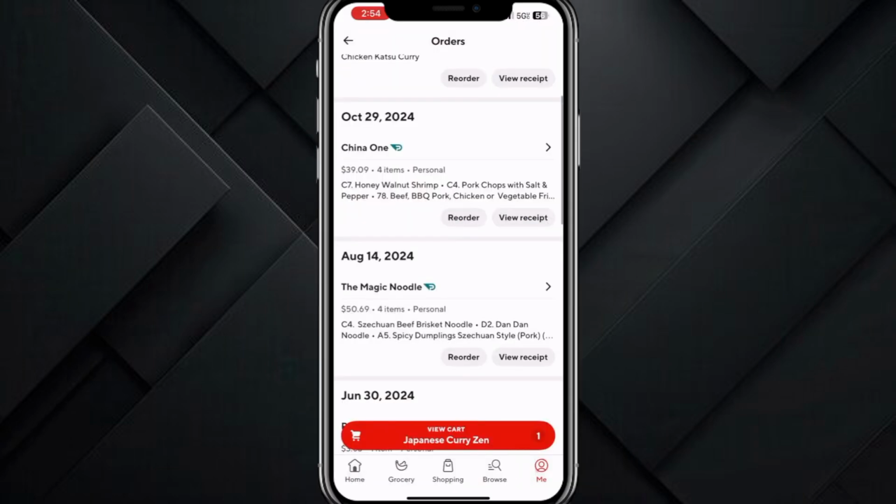This is where your recent and active orders are listed. Make sure you're connected to a stable internet network, and if needed, pull down to refresh so the latest information loads. If you use multiple accounts or devices, double check you're signed into the right one to see the correct